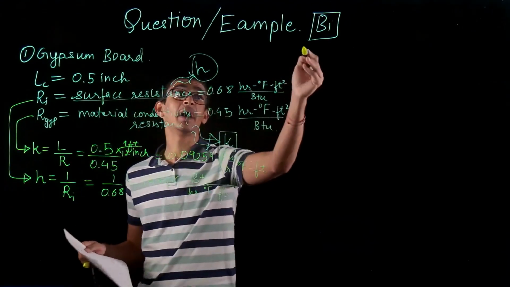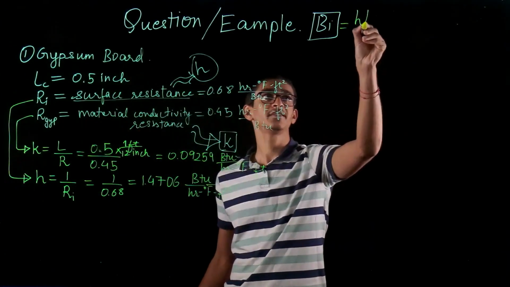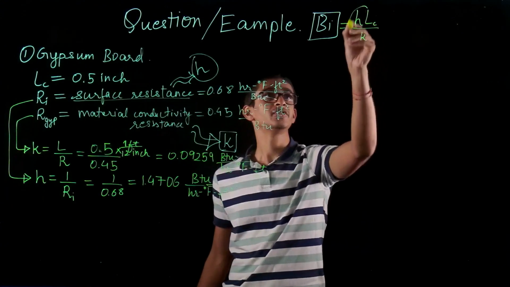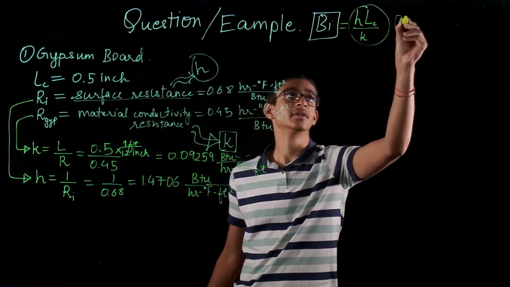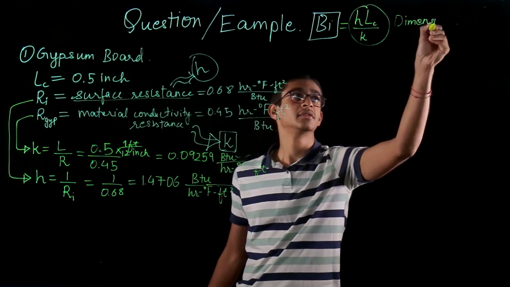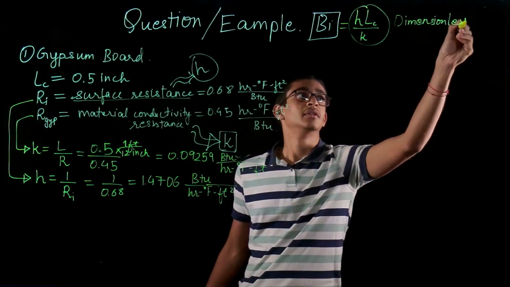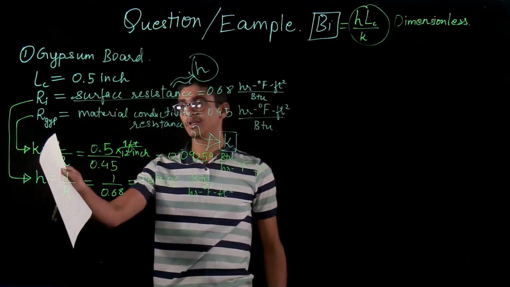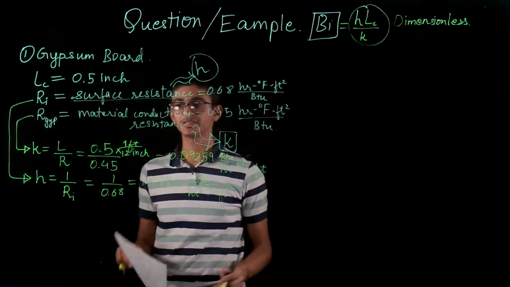So remember, the Biot number, which is defined as H L_c by K, eventually is a dimensionless number. So we want the dimensions of H, L_c and K in such a way that it becomes dimensionless at the